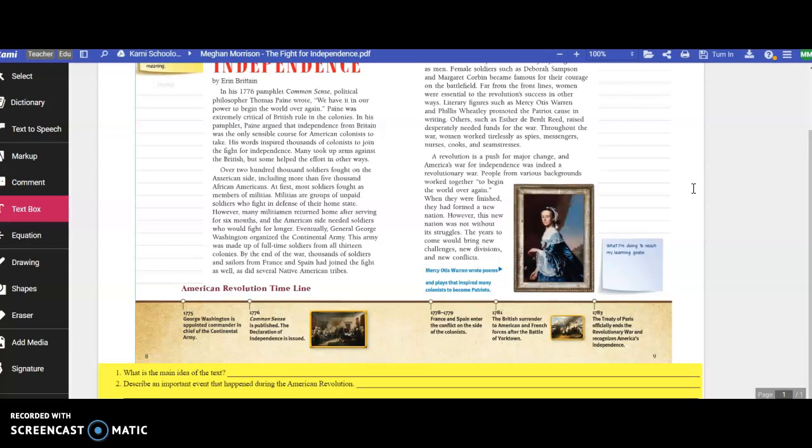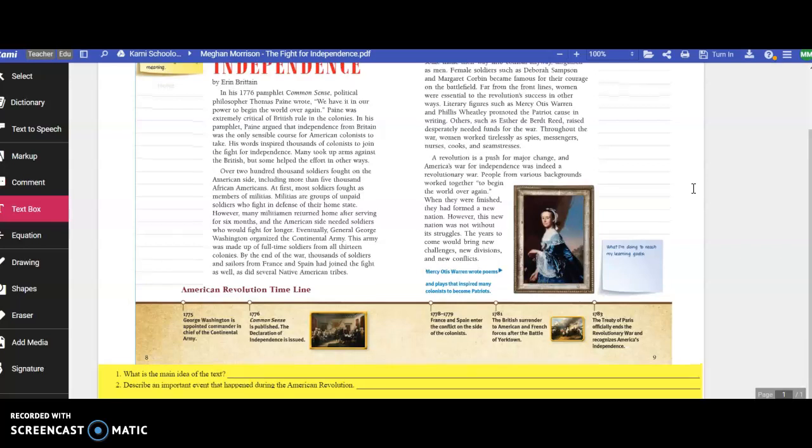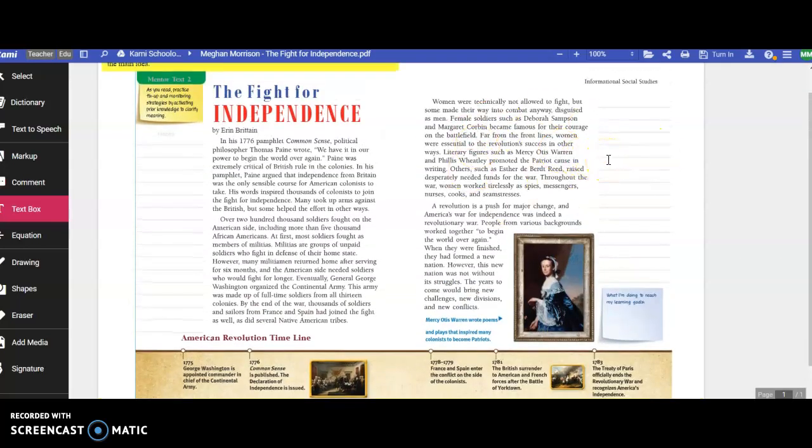Now, make sure you're not getting too narrow. If I said something like, women helped America win, that's more of a detail. It does talk about how women helped America win, but the whole thing is not about women helping win the war. So that's more of a detail that would support the main idea of many people helped America win. Many people had to work together to bring the country together. So just keep in mind that you need to think, okay, is this a detail? Is this the main idea?